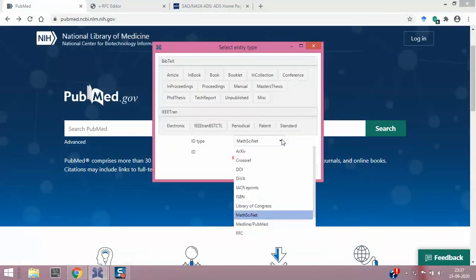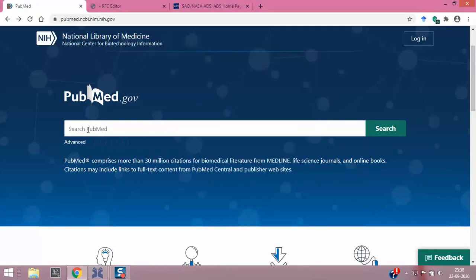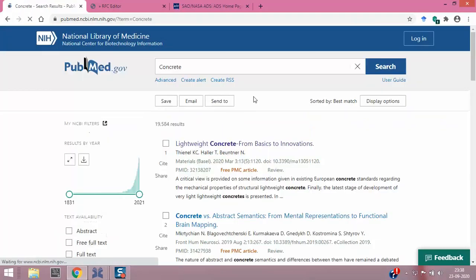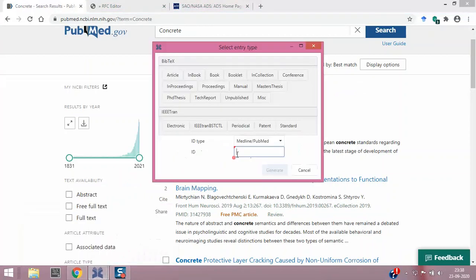And the next is PubMed, which is actually biomedical, it's the National Center for Biotechnology Information, but you can still find some civil engineering material here. So I'm going to go to that web page, pubmed.gov. I'm going to type in concrete. That will take me to this. It's called Lightweight Concrete: From Basics to Innovations. This is the PubMed ID, so I'm going to select that, copy, and paste it in the required field. And if I generate,